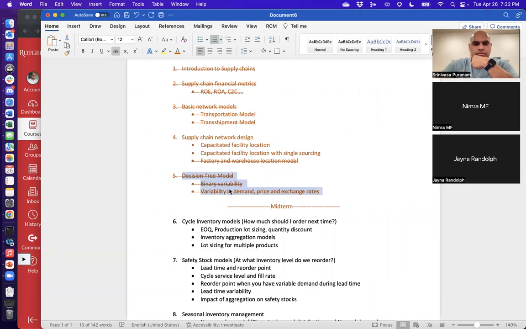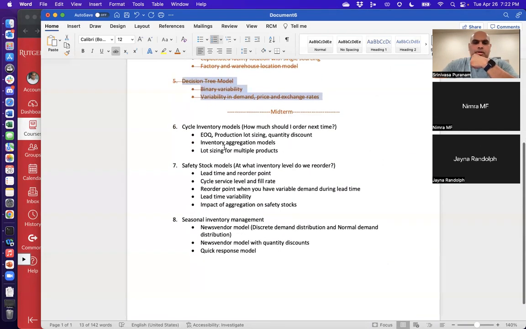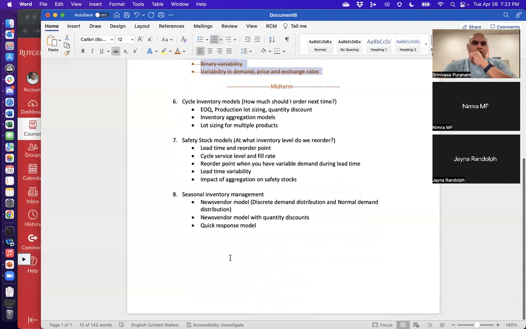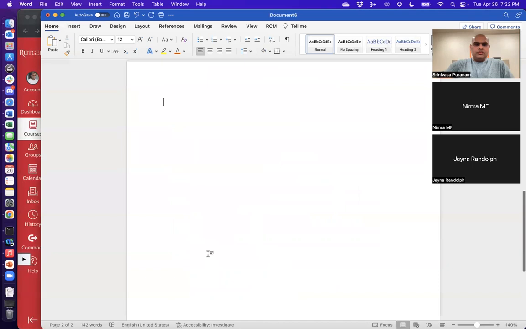So no decision trees, but capacitated. So I guess it's basically just capacitated facility location from pre-midterm that's going to be part of the final exam, right? But there will be questions based off of all the different inventory models that we covered. So what is the final exam going to look like, right? Let's go to the next page. The final exam